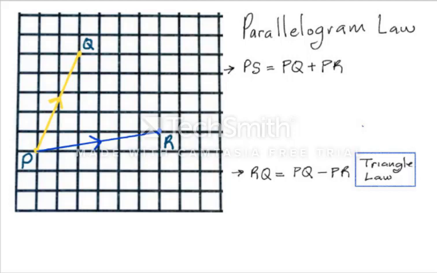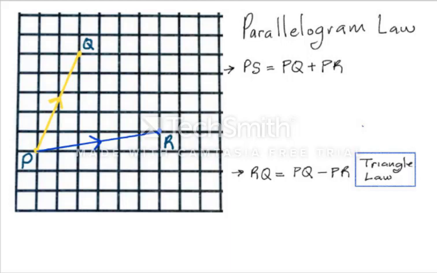Parallelogram law of vectors. All right, the parallelogram law of vectors essentially says that if two vectors are acting in opposite directions, so here this vector PQ is acting in a clockwise direction, and PR is acting in an anticlockwise direction, then the parallelogram law of vectors says that